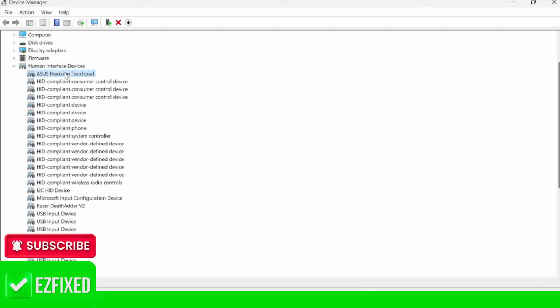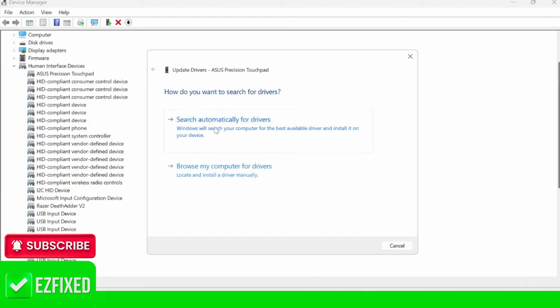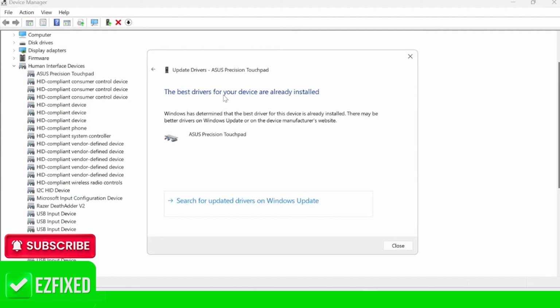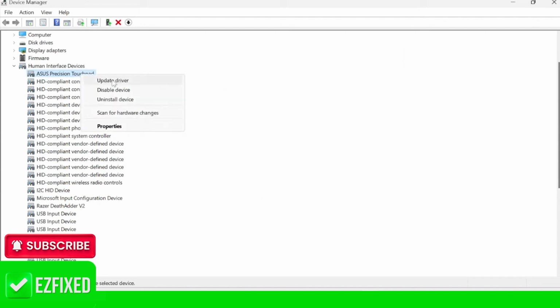And we're going to do exactly the same thing just by right-clicking and coming into Update Driver. And then we can press Search Automatically for drivers. And if your drivers are up to date and that's still not fixed the issue, then you simply need to right-click and come into Uninstall Device. So what you'll need to do is restart your computer,